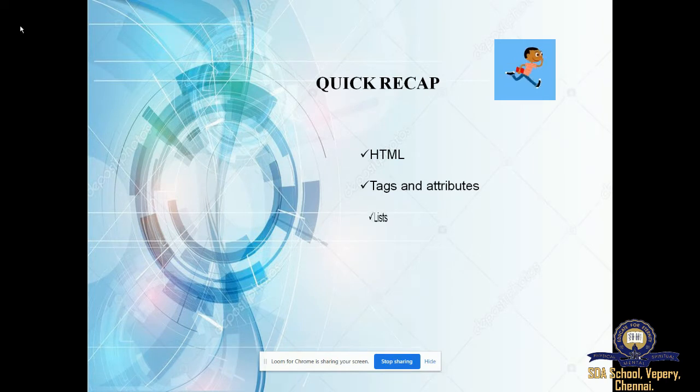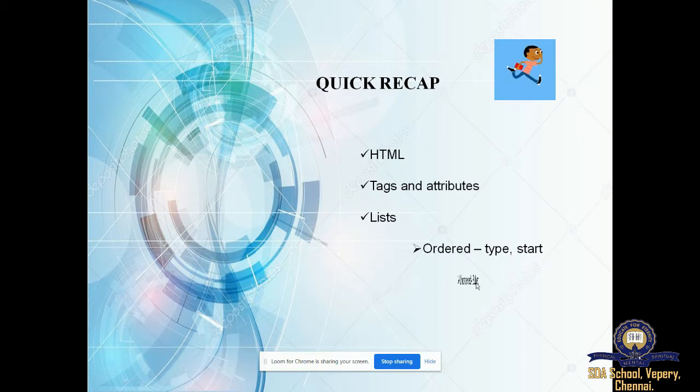And one more topic we have studied is, yes, good, it is list. A list is nothing but listing down the elements, either in a sequential order or not in a sequence. These are given under different types. First is an ordered list. In the ordered list, we have seen how to order a sequence of instructions, either in 1, 2, 3 format or ABC format. The ordering is done using the type or start attribute. So type and start are attributes in your ordered list.